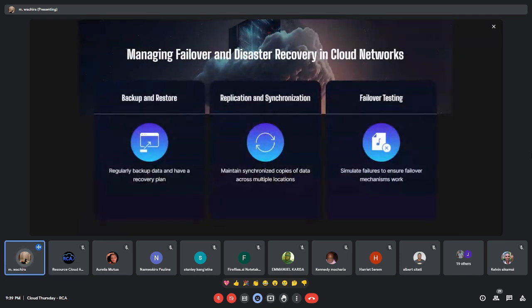So we'll go ahead and discuss how we need to manage failover and disaster recovery in your cloud networks. Excuse me. The first is backup and restore. So you regularly back up your data and have a recovery